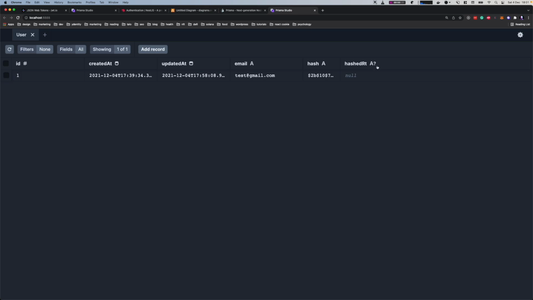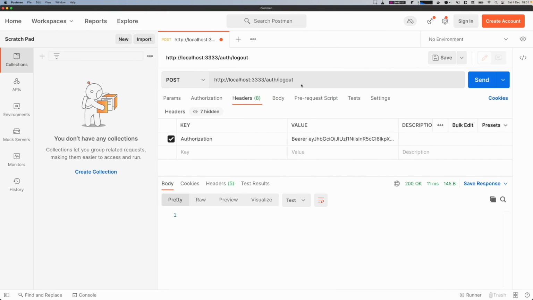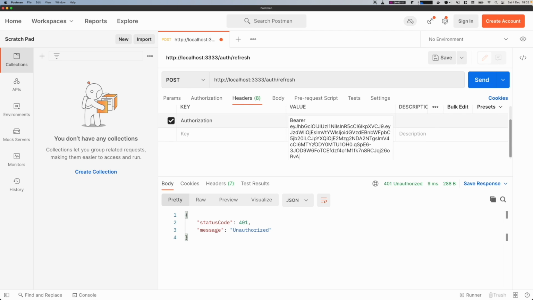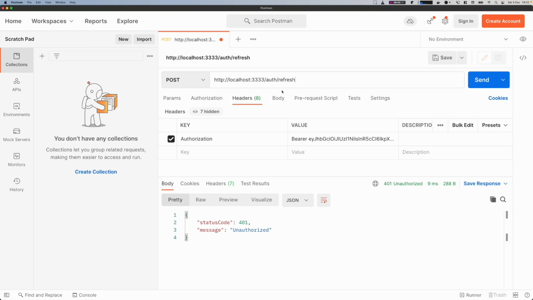We are now logged out, so we need to sign in again. So if I try to call logout, for instance, it will not do anything. But if I try to do a refresh, it will say unauthorized. First of all, because we have provided an access token instead of a refresh token, and second of all, because, well, the hash is null. So let's go ahead and sign in. Auth local sign in,